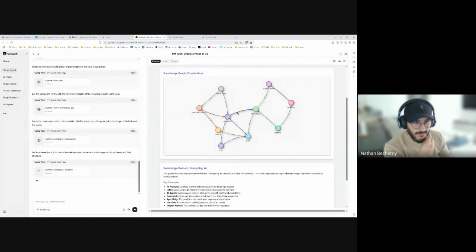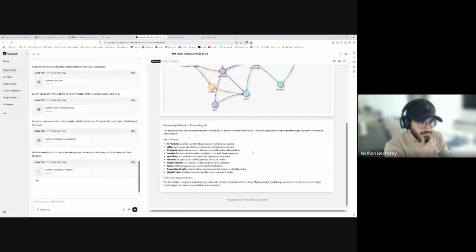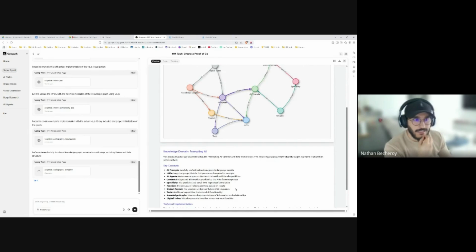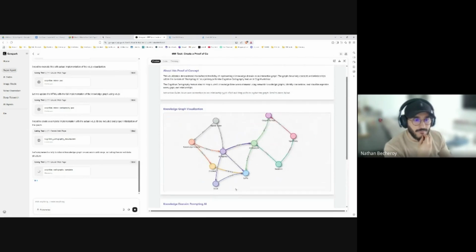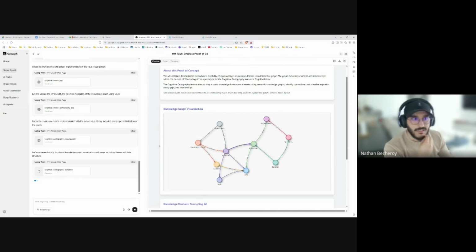How it's normally meant to work, this app, and then the knowledge domain called prompting AI, and then some technical implementation. But I can't see here any usable, functional POC. Sorry. Let's let it continue.